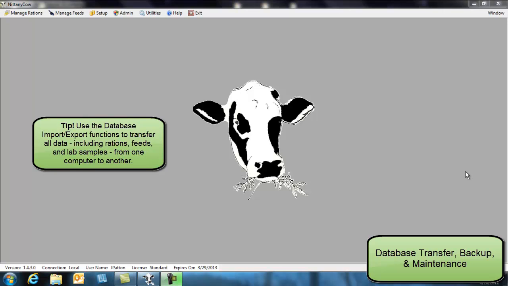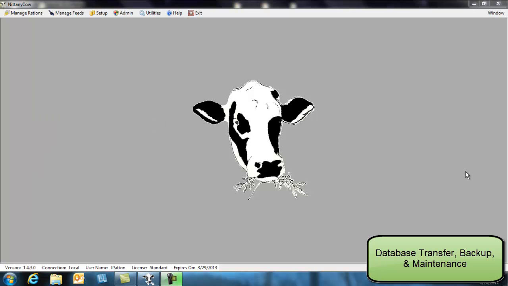Often, users want to transfer all the information in NittanyCow from one computer to the other, rather than just transferring rations or catalogs of rations. For example, you may use a laptop in the field and a desktop computer in your home or office. If you make changes to rations or customize feeds in the field on the laptop, you can use the database